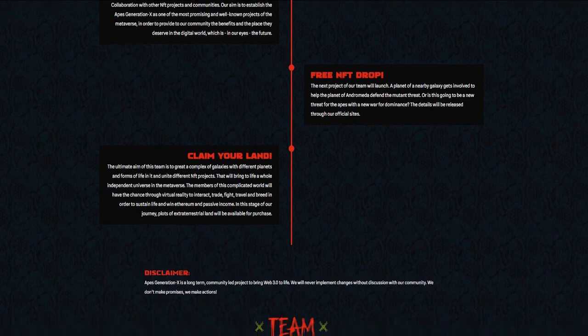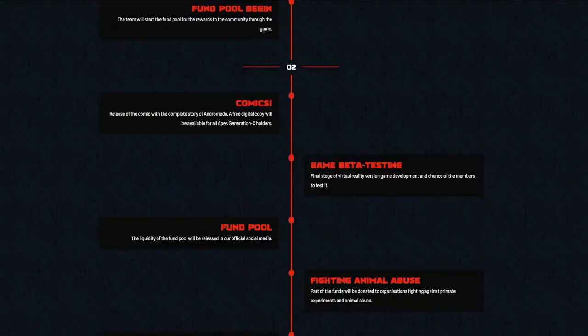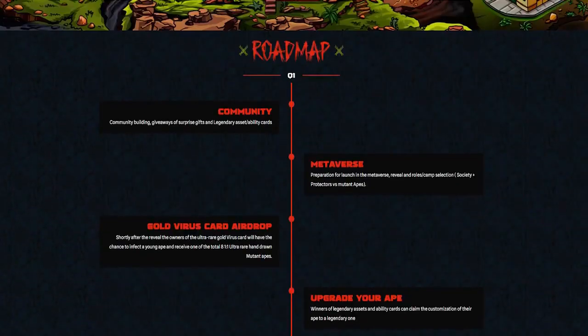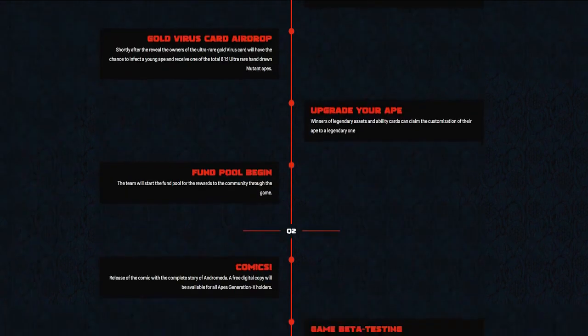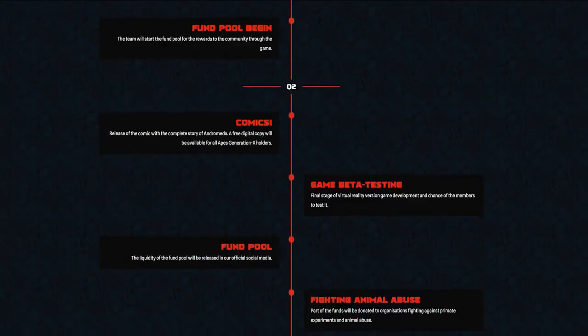thing is thought out. And having a roadmap that's so elaborate, it actually gives you a chance to scale your project to new heights. If you look at the big names in the industry, such as the Bored Ape Yacht Club, the Meta Avatars, Beans, or Invisible Friends, these are huge names. And if you look at the way they've developed their roadmap, you would be able to clearly see how they're going about doing this. And I think Apes Generation has actually done a wonderful job when it comes to the